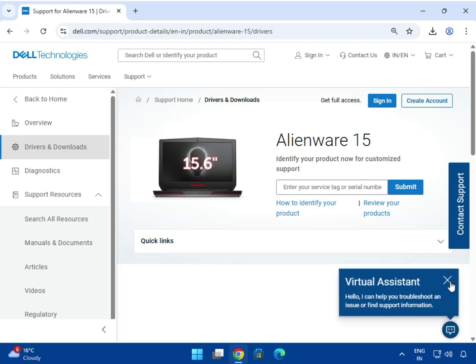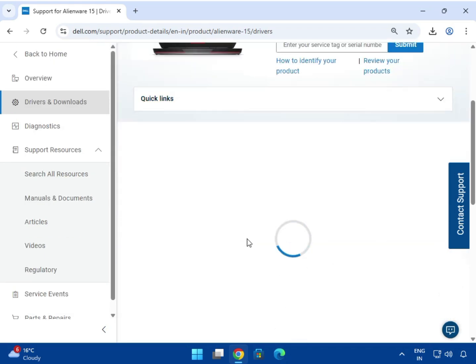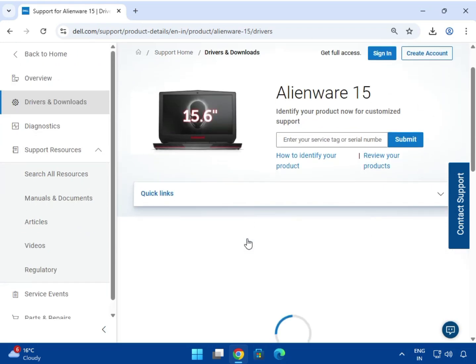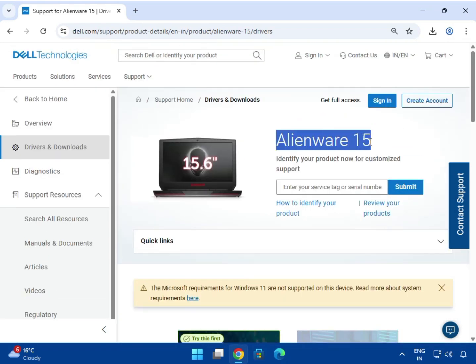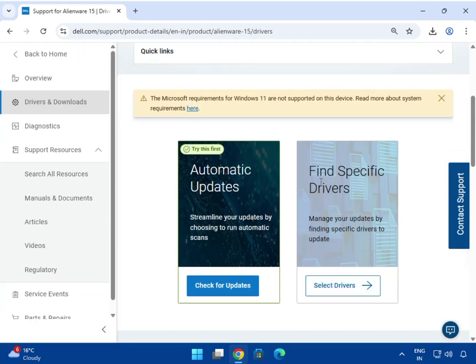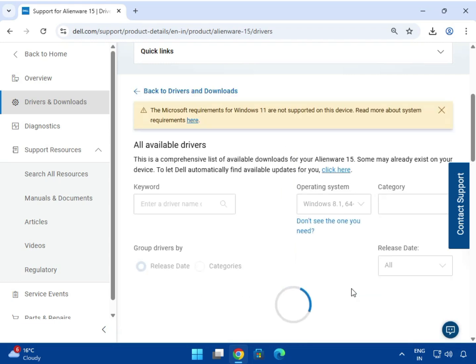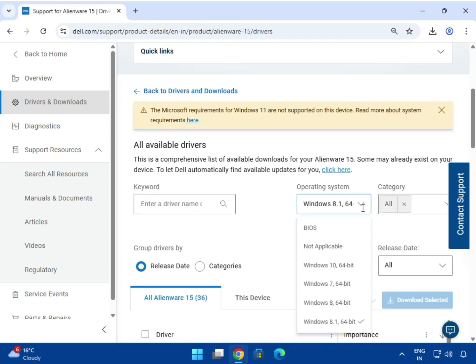Okay, wait a few seconds to synchronize. So this is your laptop. Scroll down, click to find specific driver. You can check the automatic option, which means you can see the required driver and then you can install. If you require a custom driver, select the driver on click, then select the first operating